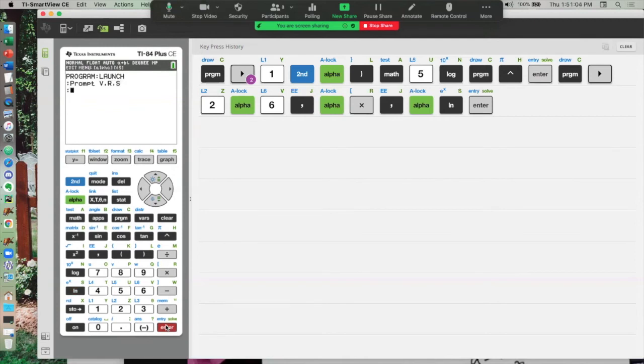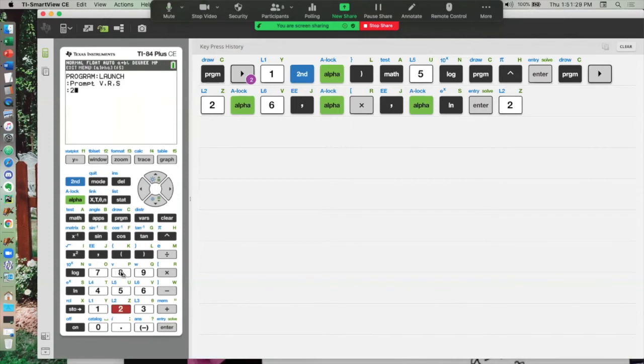Okay, and now what I'm going to do is start doing some math. Okay, so I know my A is 1 already. So what I want to do is solve for B. So B is 2V squared over GR, right? So I'm going to just start doing that. I'm going to do 2